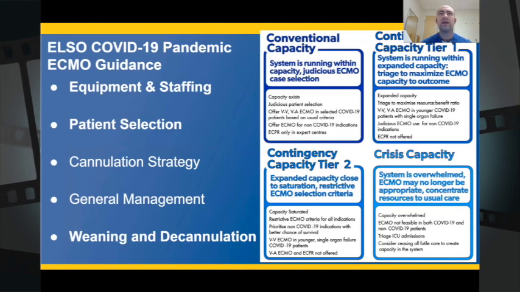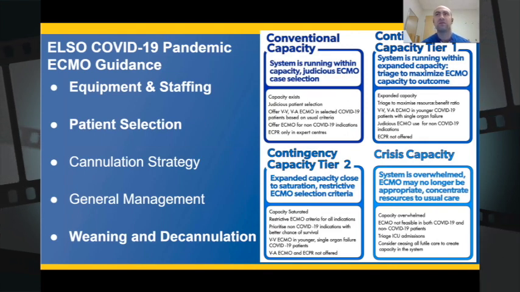So since that initial guidance document, ELSO also released interim guidelines for ECMO centers and providers. The recommendations include equipment simplification, patient selection, cannulation strategies, general management, and weaning. I will cover simplification and patient selection on this slide. It is recommended that staffing be maintained at a 1-to-1 nurse-to-patient ratio, and to have a 2-to-1 ECMO perfusionist ratio